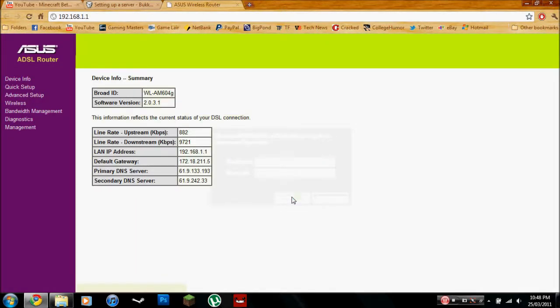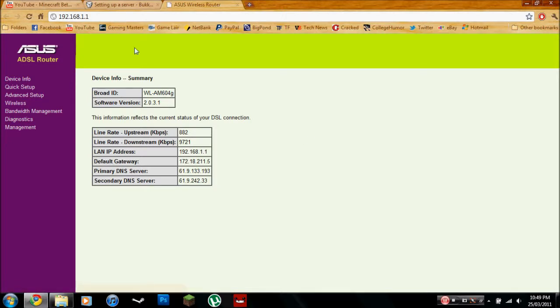So now you are logged into your router. You know that box that you install and hook up to the phone line? You're now inside of it. Just think of it in that way. I thought it was pretty extraordinary when I first heard of that term. You're like inside of it. So now you're inside your router, and you have got to find